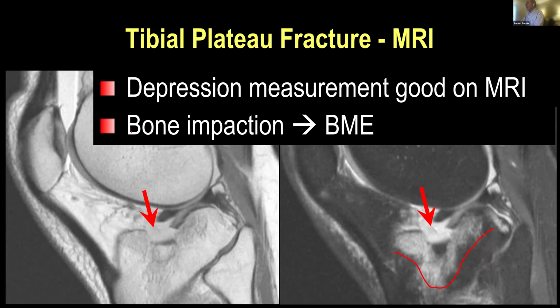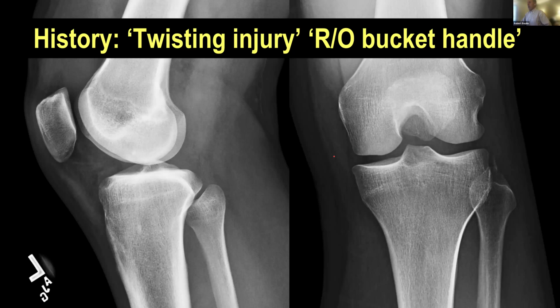And just as a reminder, when there's bone impaction, that results in a lot of bone edema. But when there's bone avulsion, there may or may not be bone edema to call your attention to an abnormality on MRI. So for example, in this case, a history of a twisting injury, rule out bucket handle tear was the history provided. And we do see what looks like a big effusion here. You can see I've sort of covered it up, unfortunately, with the history, but it goes way up there.